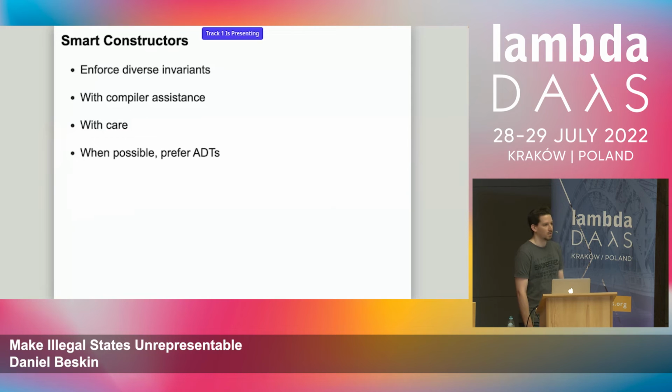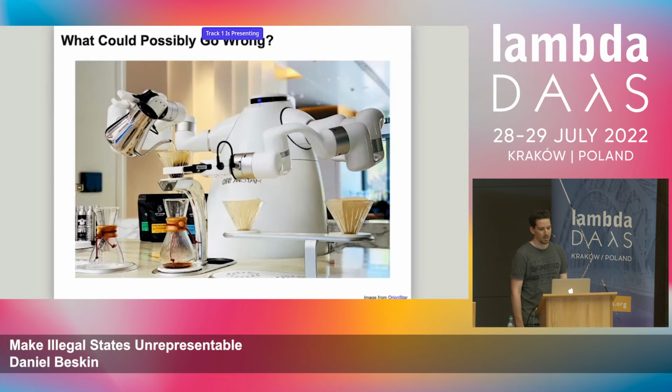But we do have to be careful when defining smart constructors because, as I said, you have to get that function right. Unlike algebraic data types, where you are correct by construction, smart constructors usually have to do some unsafe work to make sure that everything else is safe. So when possible, if you can represent something with an algebraic data type, that's probably the preferred way. But when they work, smart constructors are a great tool for excluding illegal states.